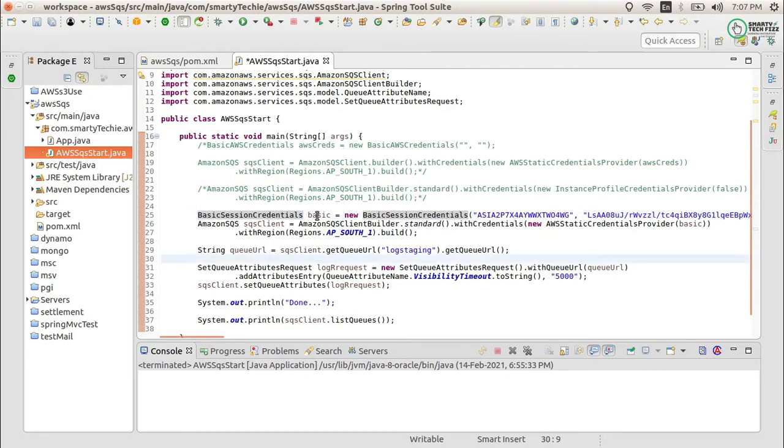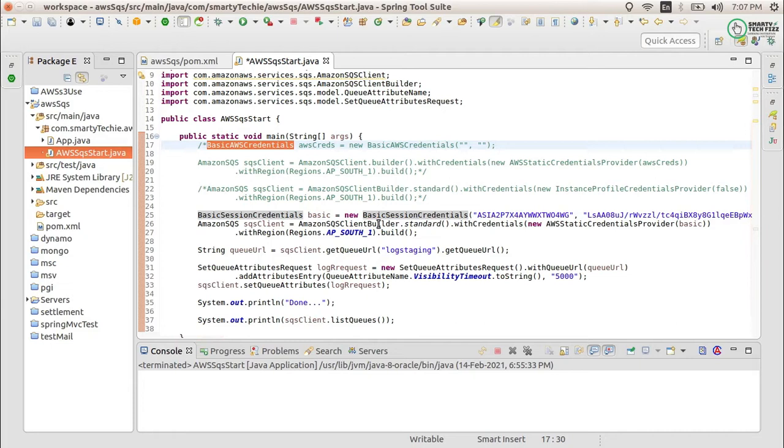So we have basic credentials here, and after having the basic credentials you can go and use the Amazon SQS client builder method with the credentials you have, in that case the AWS static credential provider. This is the static credential provider. Here we have the static credential provider with only the secret key and the access key. We have here the secret key, access key and token. So we are using the AWS static credential provider of the basic session credentials, and here we have the basic AWS credentials. Now this is the second way.